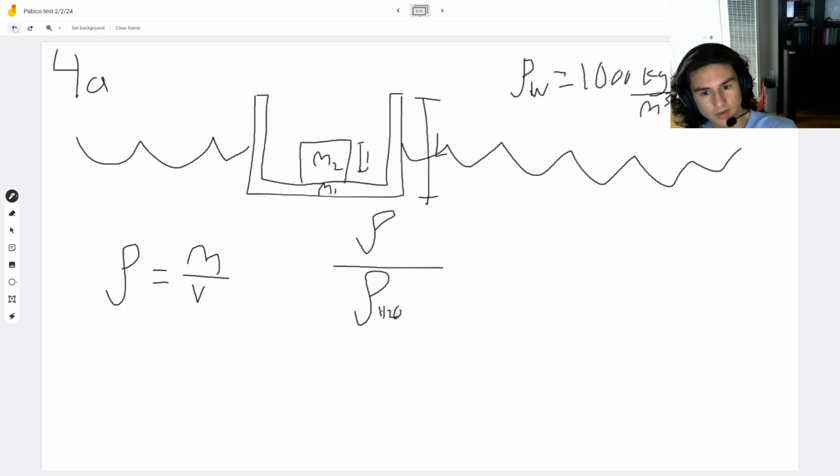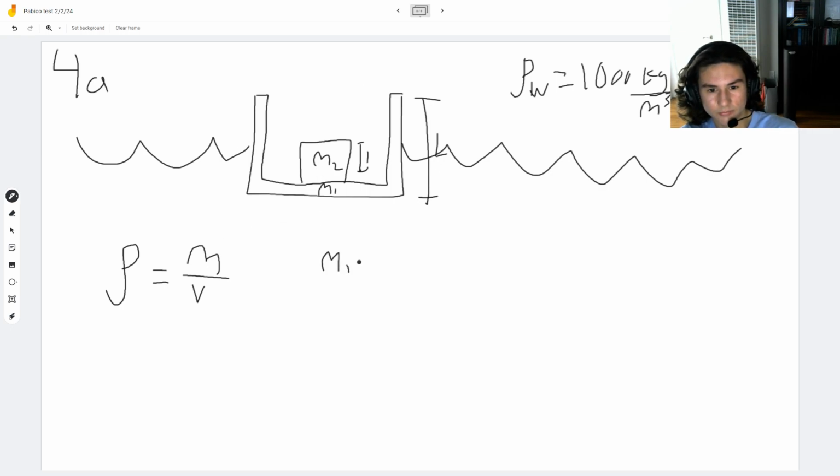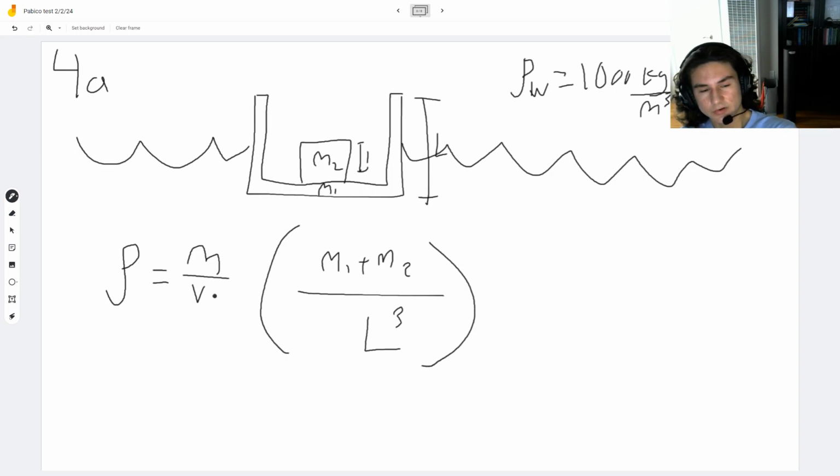So all we have to do now, since we're given the density of water, is calculate the density of our object. We have our mass, which is going to be m1 plus m2, divided by volume, which is just big L cubed. We don't have to worry about little l. They give you that, it's just a trick question. Then this is our density of the object, and we're going to divide that by 1,000 to get a percent